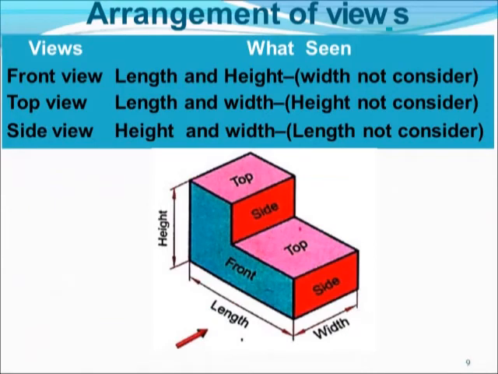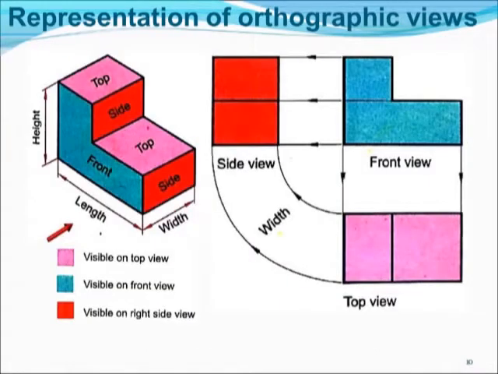So this is the simple problem that we are going to see. In this problem the front view, top view and side view are given with different colors. So the answer for this is, since I am going to see from this side, from the arrow mark, the blue color will be visible on the front and I have drawn the front view.